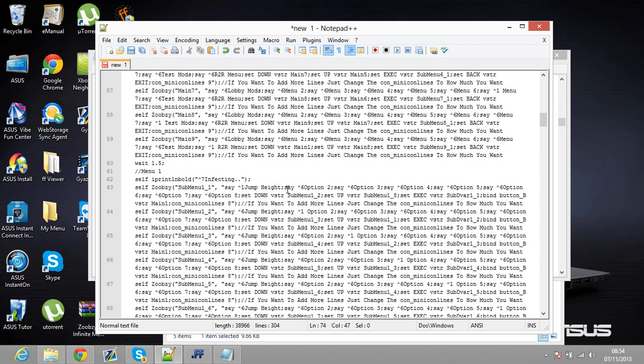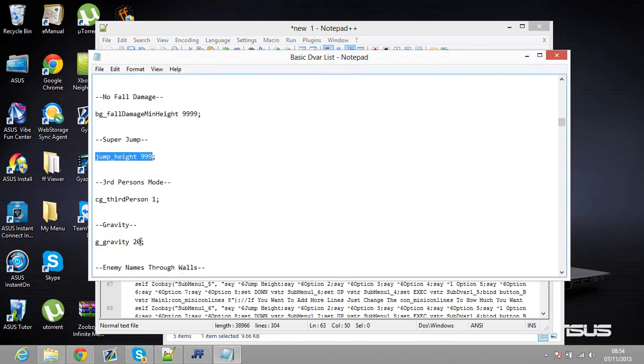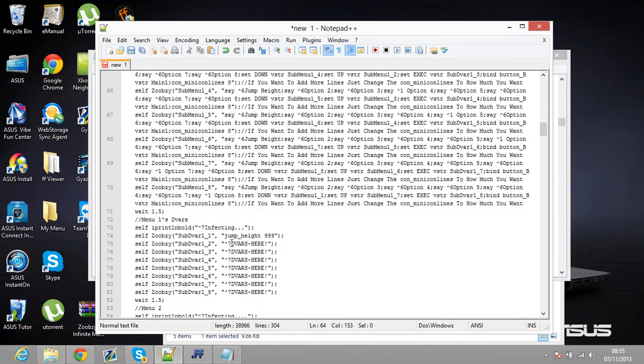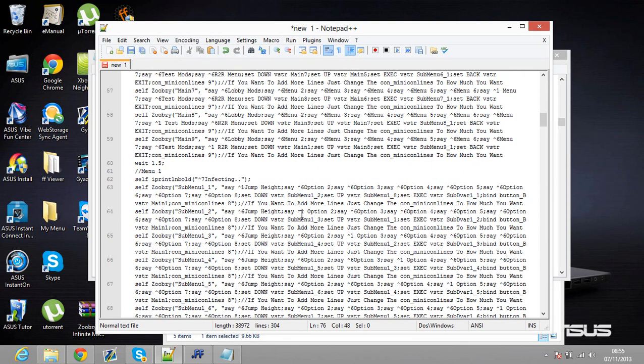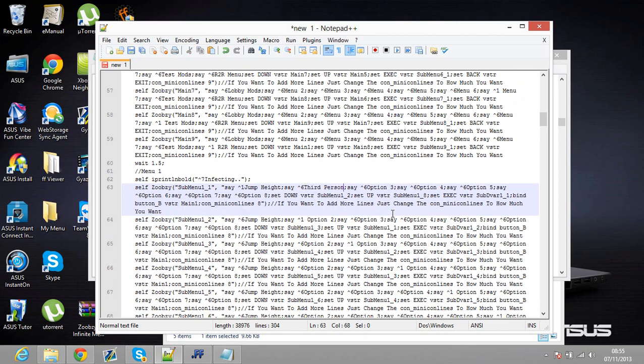Now let's just add another option just for the sake of showing you. Let's just find one up in here. Third person mode. So let's just go down, add third person mode in here, and add third person mode in here, and we'll do this one to 0. So CG third person 1 is going to turn third person on, CG third person 0 is going to turn it off. So now we need to go to option 2 and type third person on, or just third person,